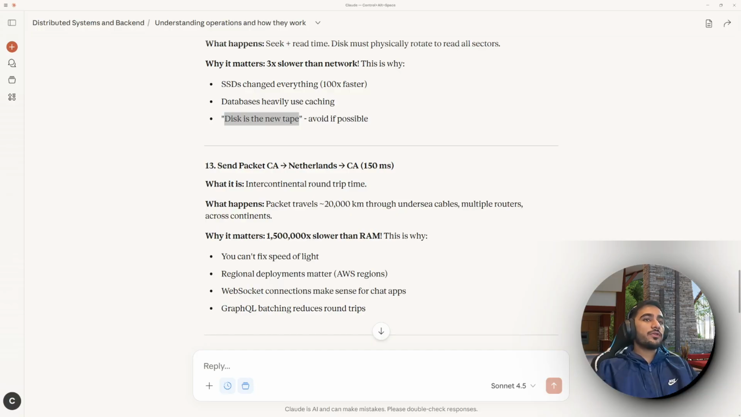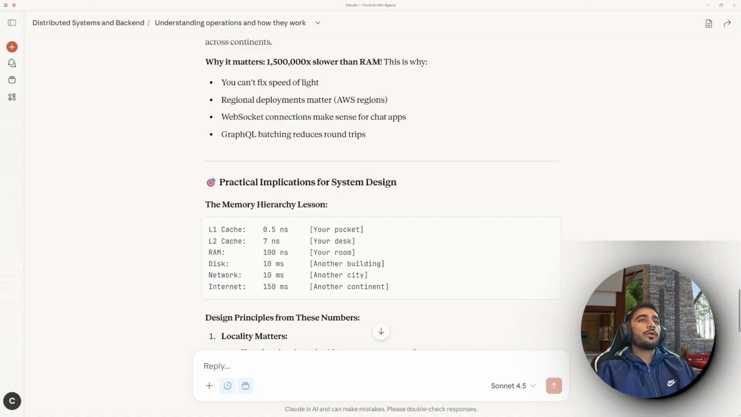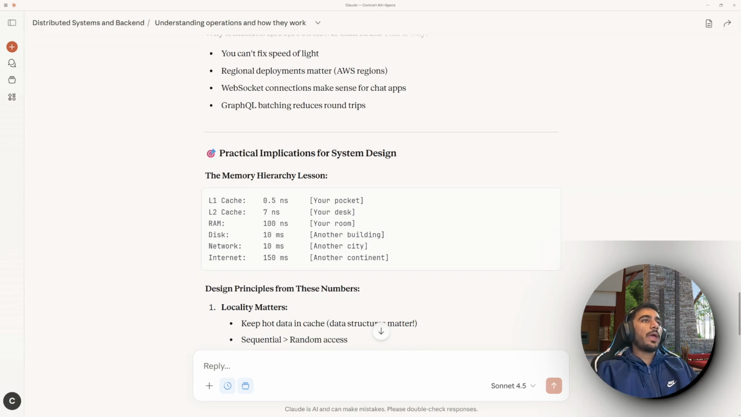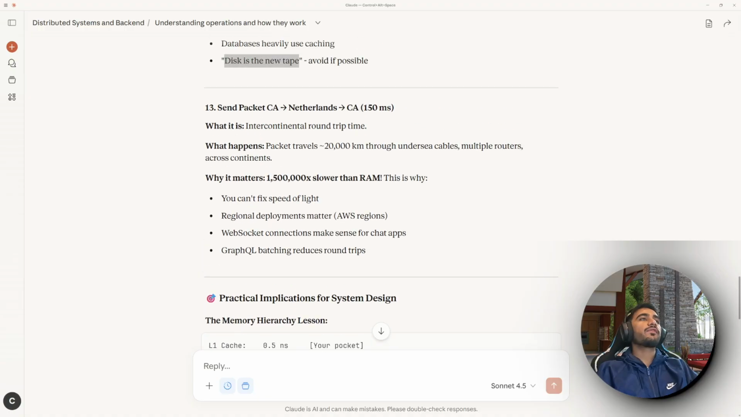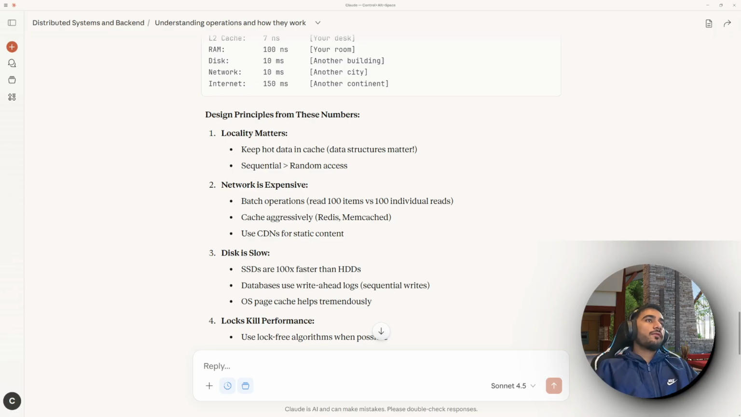And WebSocket connections make sense for chat apps. Okay. GraphQL batching reduces round trips. More on WebSocket and GraphQL later on. But yeah, that was a comparison from as local or as near proximity an L1 cache fetch to another continent fetch, which takes like 150 milliseconds. All right. So what we understand from this is ideally that